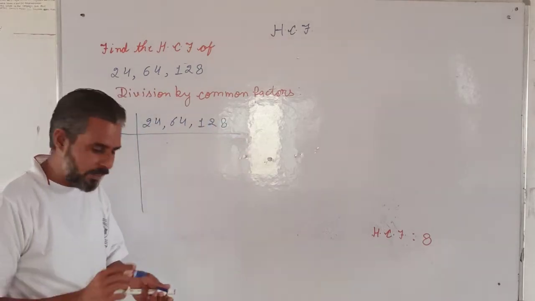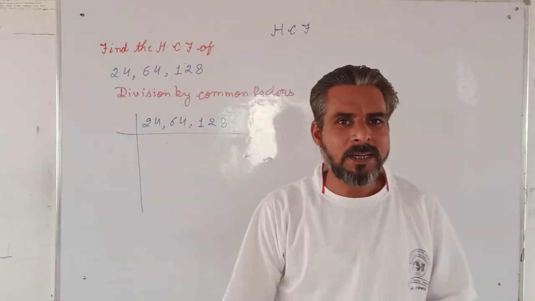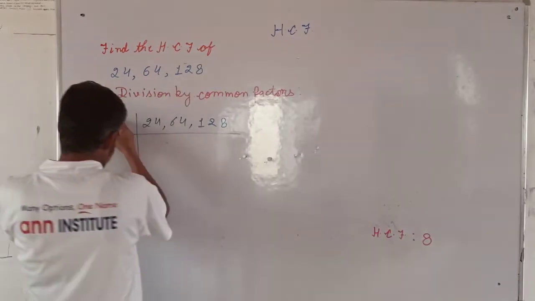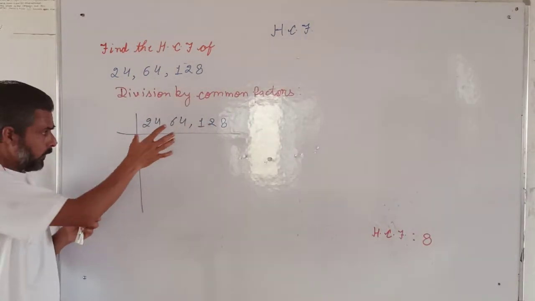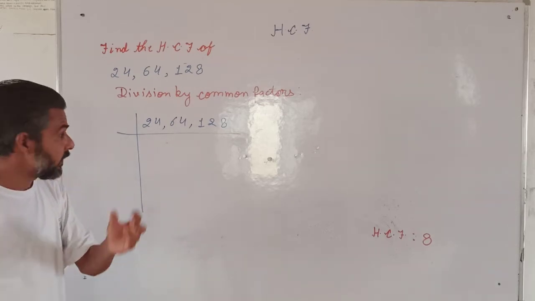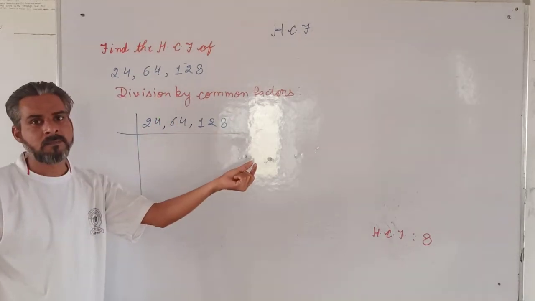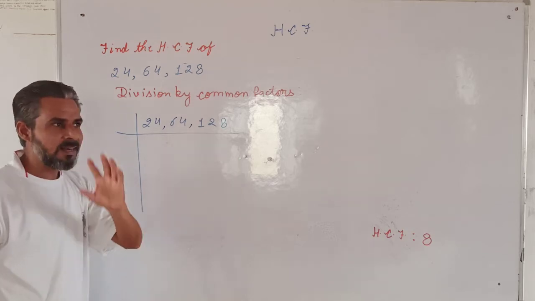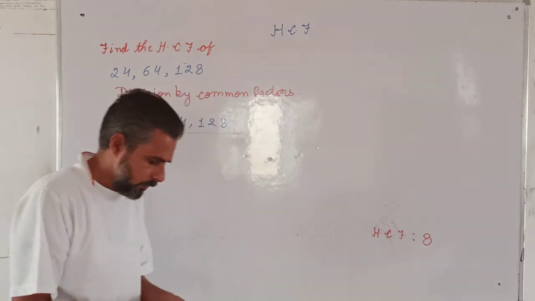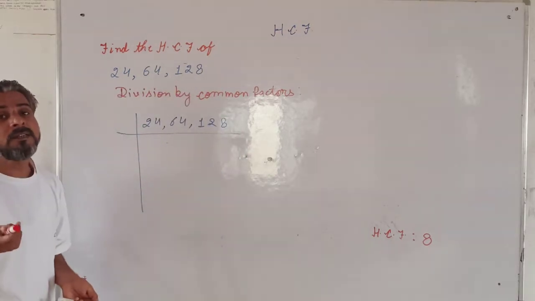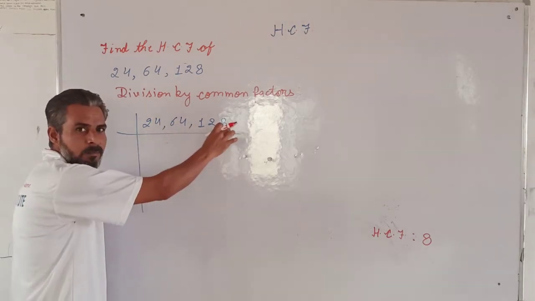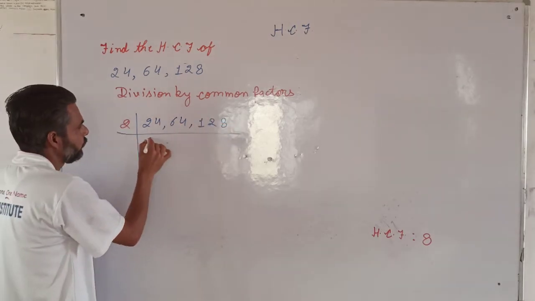This table will remind you that you are calculating the LCM, but here we are not calculating the LCM. In LCM, we are taking any number and dividing the given numbers. Here we will not do like that. We are supposed to select the number which can divide all three numbers. Keep in mind, we are supposed to select the number carefully so that it should divide all the given numbers. So I told you the divisibility rules also. So here all the numbers are ending with even numbers. So these numbers are divisible by 2.